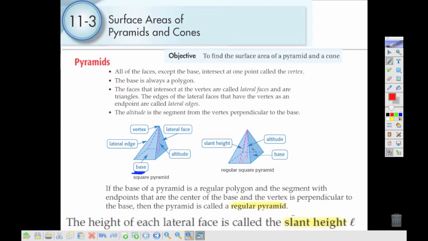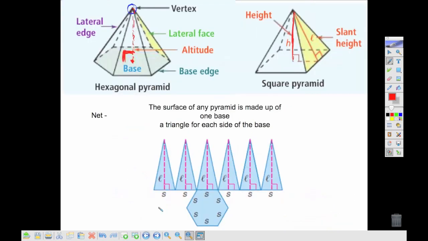Now, if we're looking for surface area, we don't really want the height. What we want is the slant height. We want to look at the sides of these triangles here. Notice that those are coming up the side of this pyramid, and that's why it's called a slant height, because it's actually slanted coming up. It's coming down to where it is perpendicular to the base here, which allows us to use that slant height